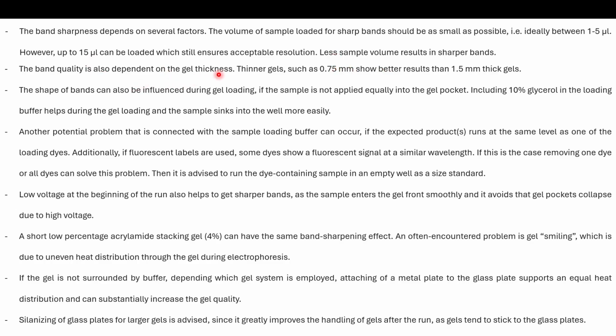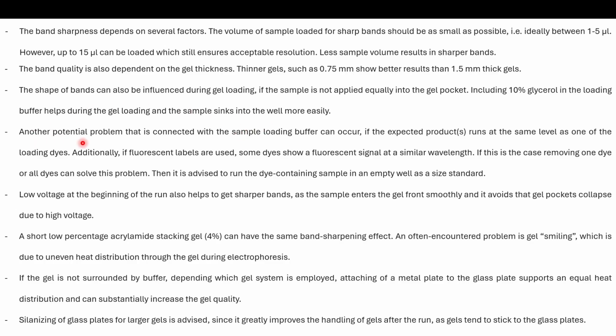The band quality also depends on how thick the gel is. Thinner gels, as thin as 0.75 mm, show better results as compared to thicker 1.5 mm gels. The shape of the bands can also be influenced during gel loading. If the sample is not applied equally in the gel pocket, for example if the glycerol quantity is not right in the loading buffer or loading dye, it might lead to unequal sample loading. Adding glycerol in the loading dye helps during gel loading, and the sample settles into the well more